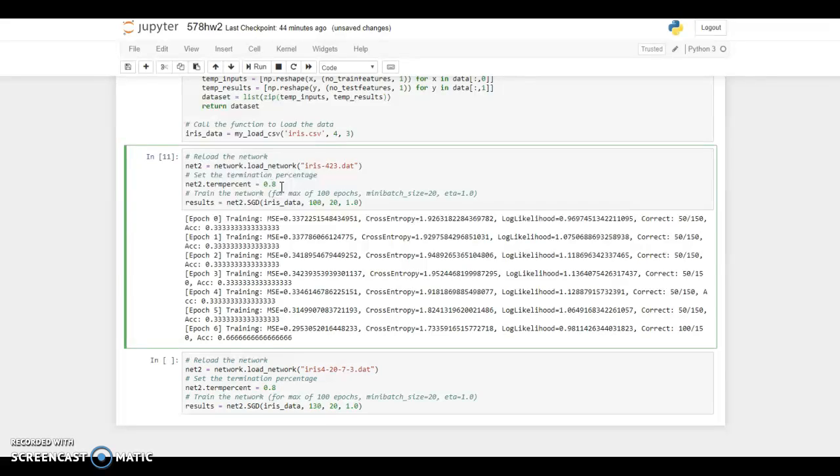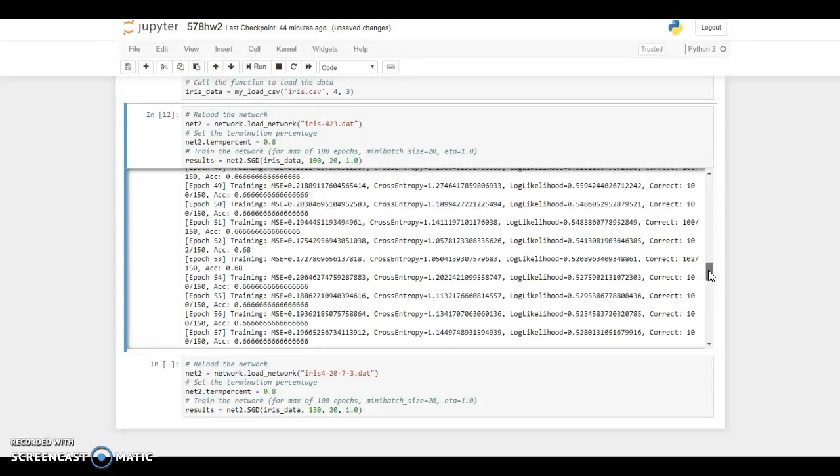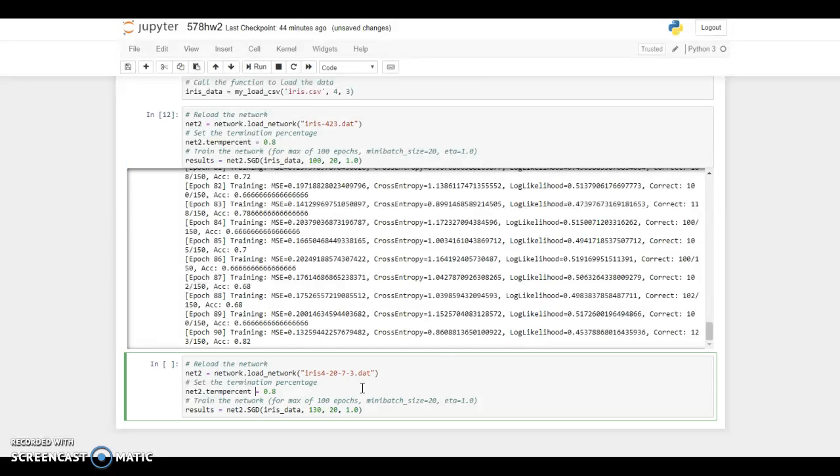Now at 0.8, I was unable to match. I got 90 epochs instead of 93, and I'm guessing it has something to do with a rounding error. I'm not 100% sure on this though. But the results do match for this one as well for the